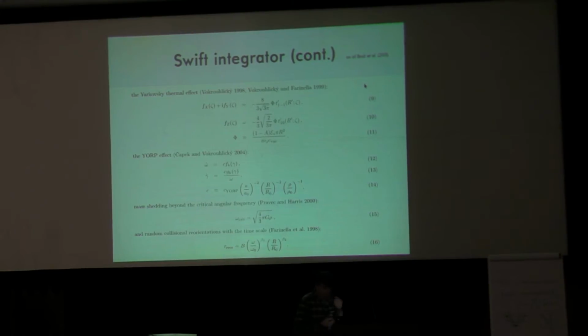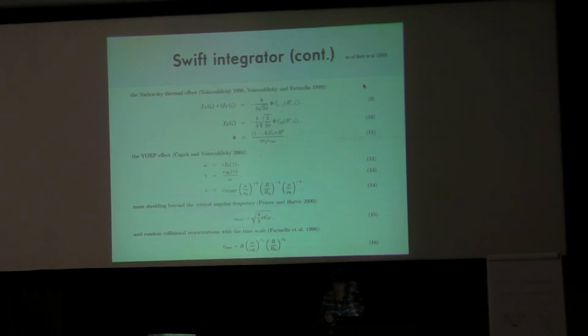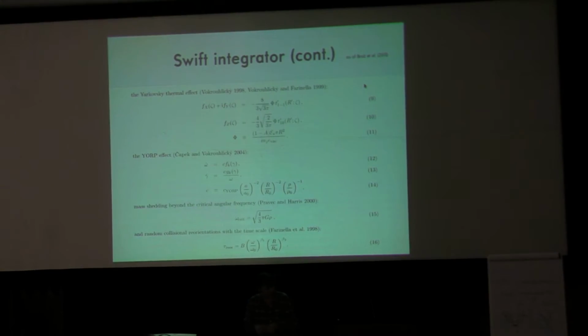We are now using a very simple Euler integrator of this kind. We have a pre-computed set of torques denoted F_k and G_k. These are the torques due to the thermal emission. And we compute the evolution of this kind. Of course, we have to scale them appropriately to a given size, given some matrices, and given density using the